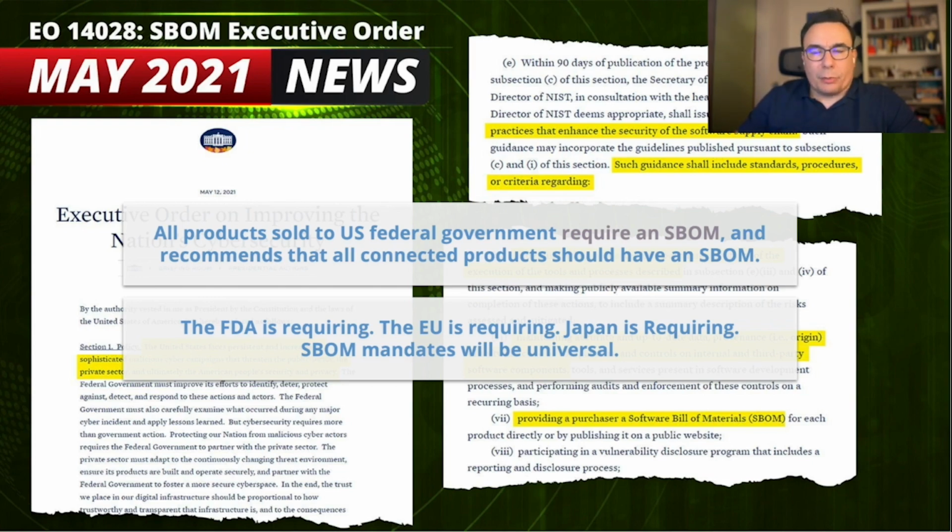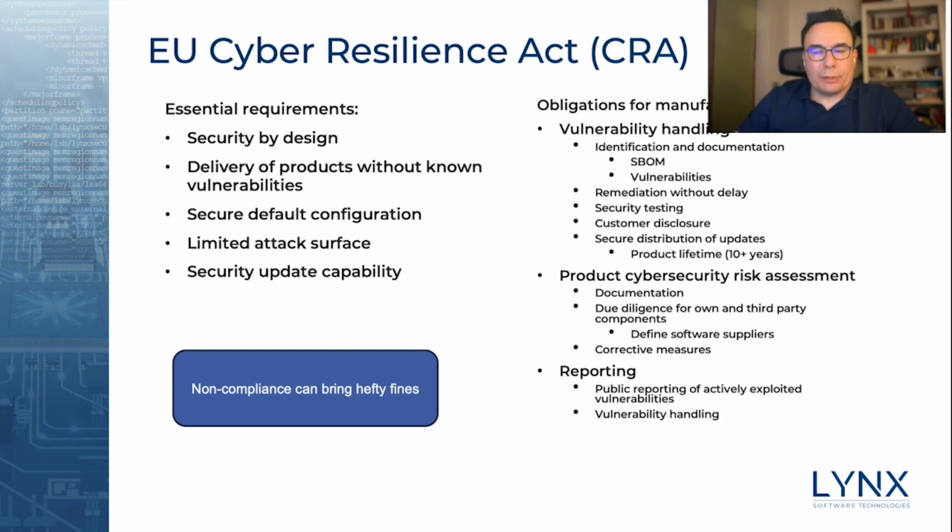In Japan, there's a similar requirement for an SBOM in products, but I also wanted to talk about Europe. In Europe, recently approved is the Cyber Resilience Act, which basically requires not only cybersecurity, but security overall, right? So it starts with requirements around secure by design. We have, of course, a solution for that as well, which you can find out more about by looking at some of our other webinars. But the CRA also requires that companies deliver products without known vulnerabilities, or at least triaged and addressed